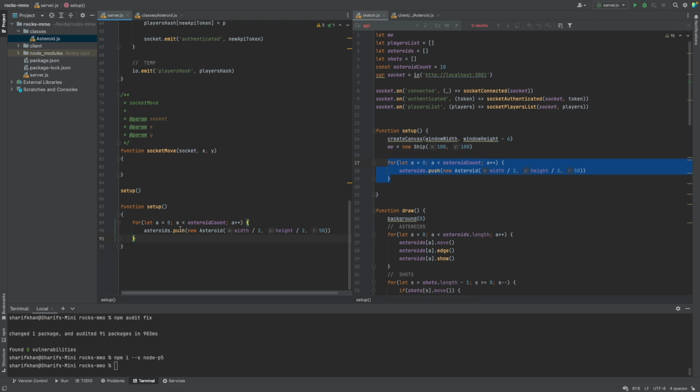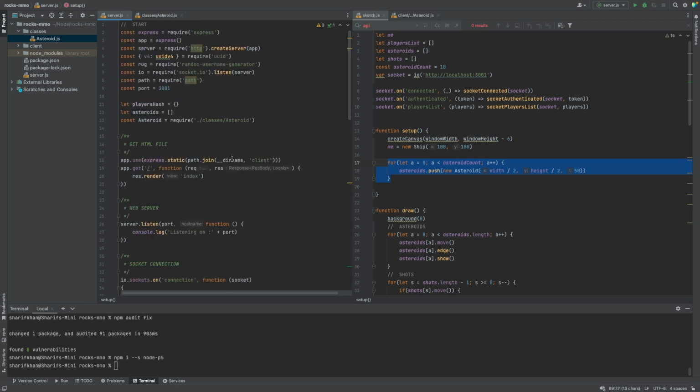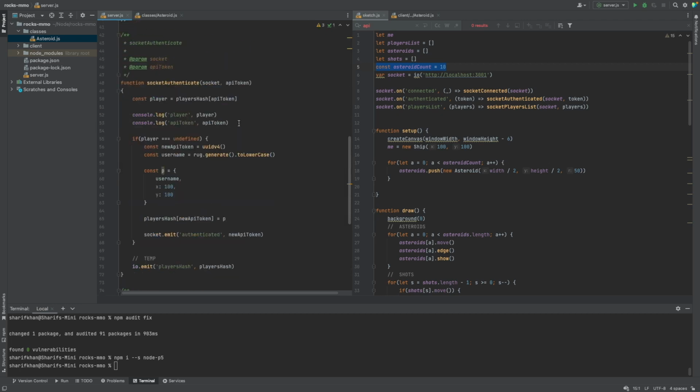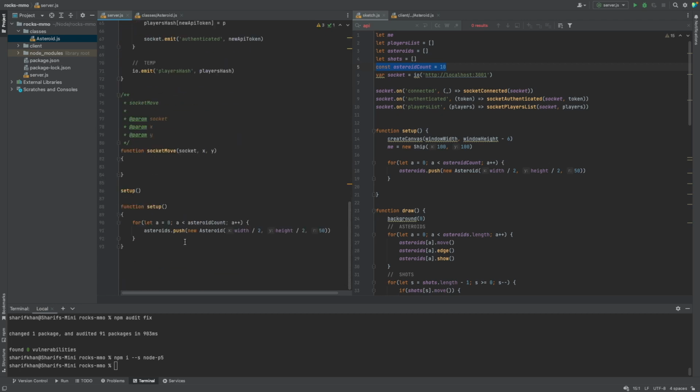So for let a equals 0, while a is less than asteroid count. Do we have asteroid count? We don't. So let's copy that. Asteroid count is 10. Yep. So for a equals 0, while a is less than asteroid count, a++, asteroids.push new asteroid,